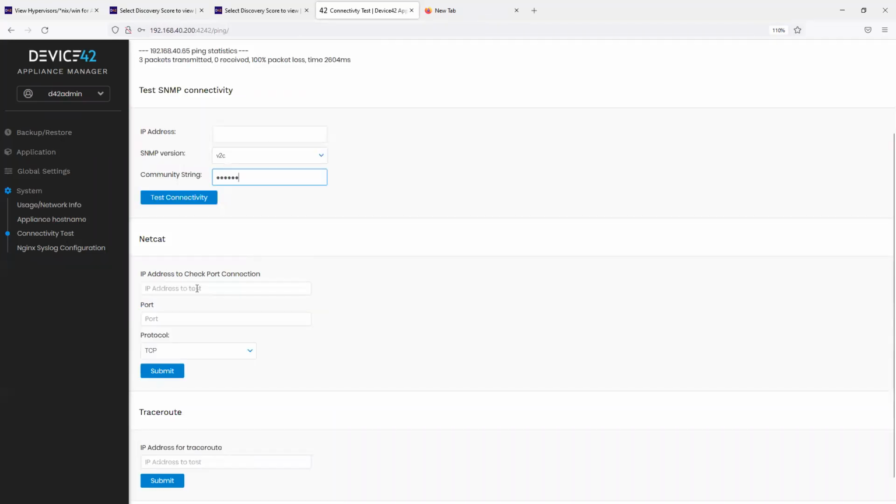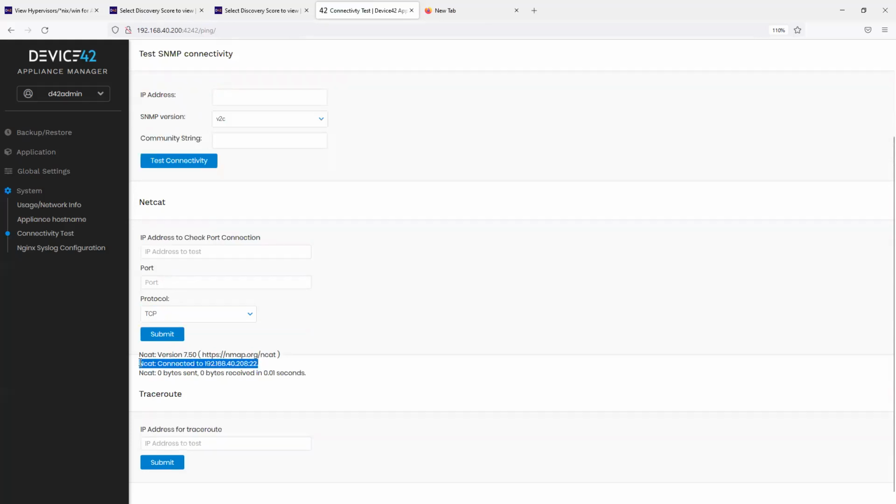Another verification tool that can be used is by checking a particular port is available. If I use my Linux server and I verify that port 22 is available, I can see that it was able to connect on port 22. So this tool can be very handy to verify network connectivity between your Device 42 Appliance Manager and the rest